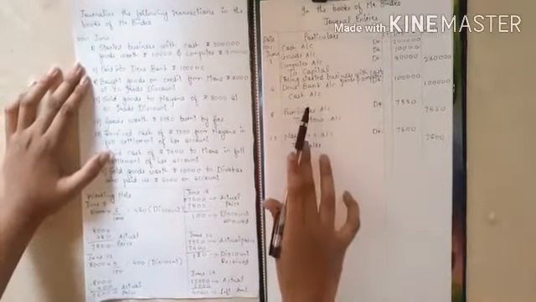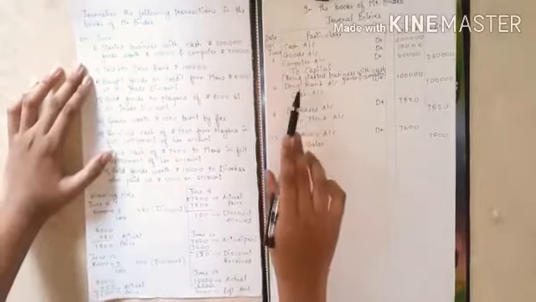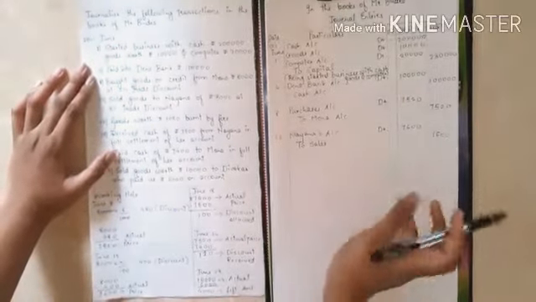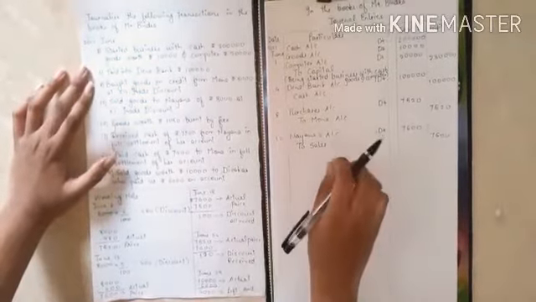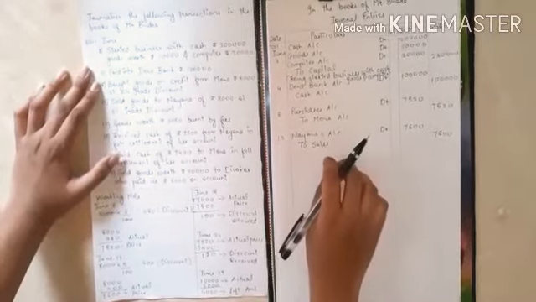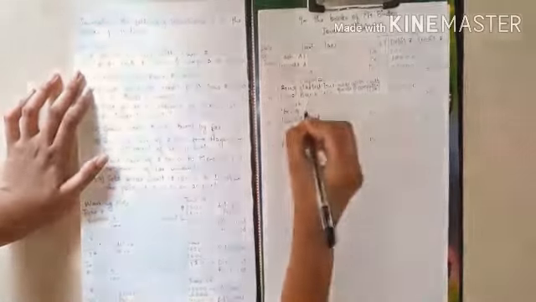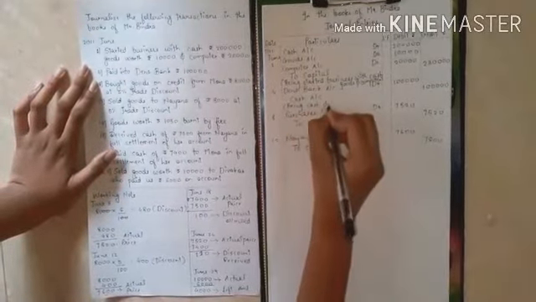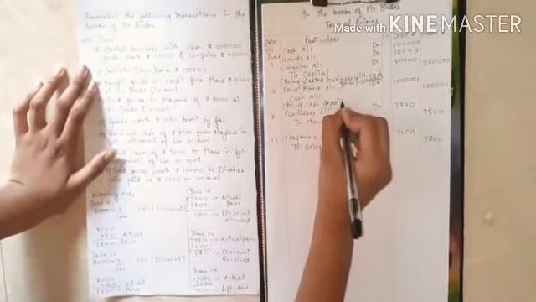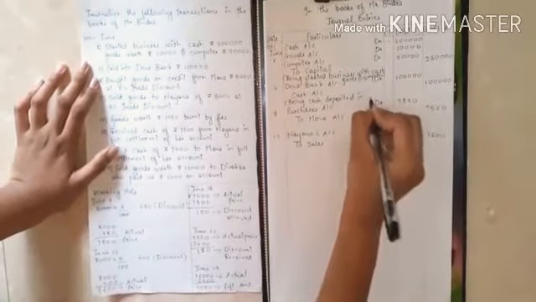Okay, now in the second transaction, here Dena Bank account debit and cash. Now what is the transaction? We paid into Dena Bank rupees 1 lakh. So being cash deposited in bank. So this is the narration for it.